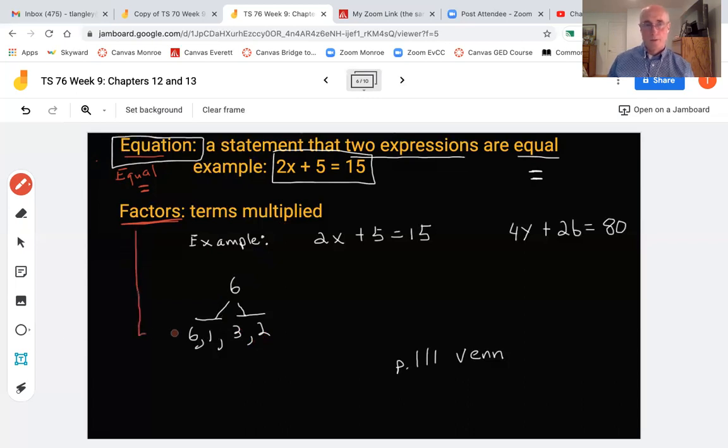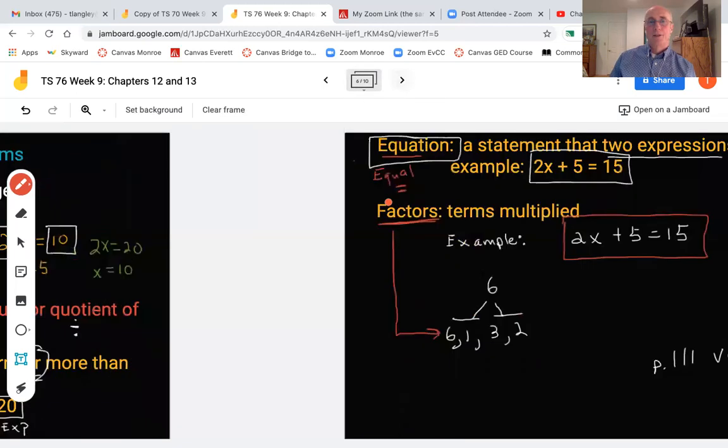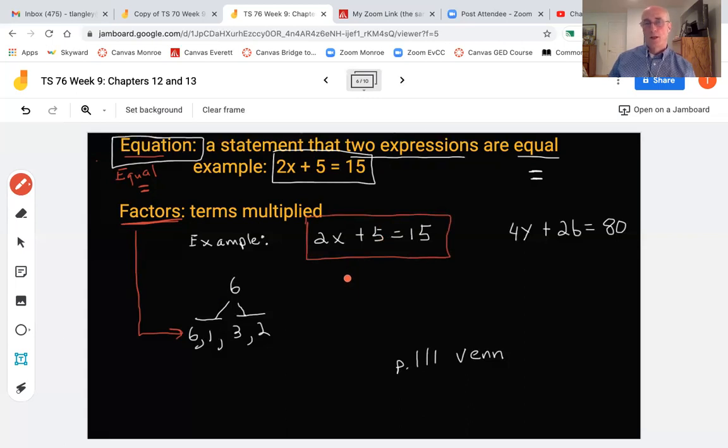If I draw an arrow at my factors here, of 6. However, now we jump into algebra here. What are the factors in this equation? Notice I said equation. I didn't call it an expression or a term or a variable, but I said in this equation, what are the factors? Here's what you want to look at. What are the things in the whole equation that are multiplied times each other? Well, there it is right there. I'm going to circle it. These two things are the only factors. They're the only things that are multiplied.